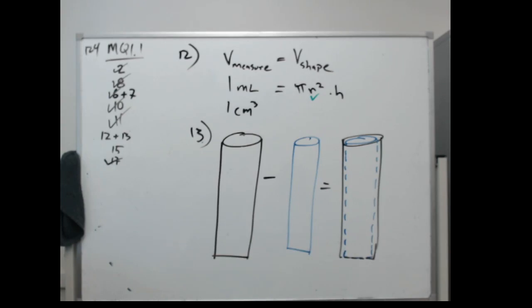For 12, do we use the inner diameter or the outer diameter for the radius? Where do we put the liquid? The inside. Inner diameter. Okay. So go ahead and try those. We'll see how it goes, and I'll